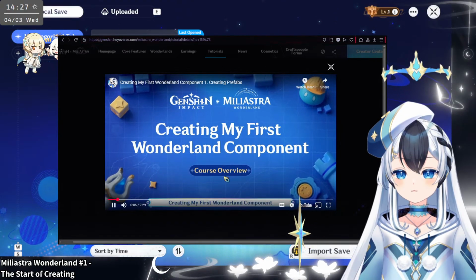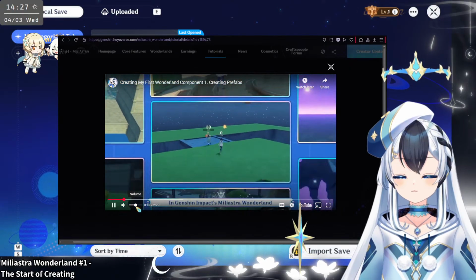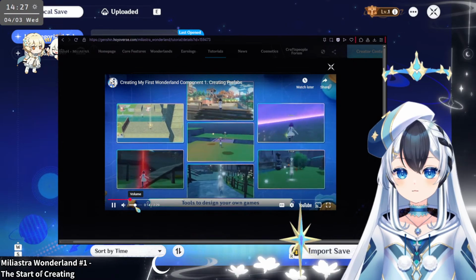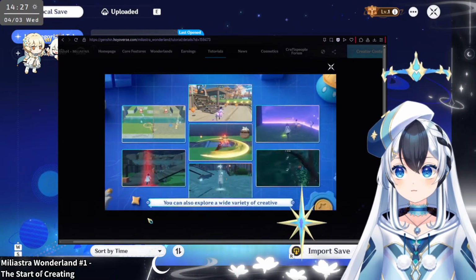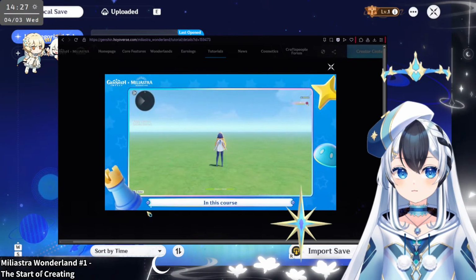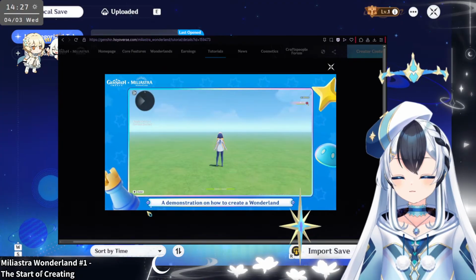Tutorial, creating my first Wonderland component in Genshin Impact's Miliastra Wonderland. Not only can you use simple tools to design your own games, you can also explore a wide variety of creative games created by other players. In this course, we will show you how to use Miliastra Sandbox through a demonstration on how to create a